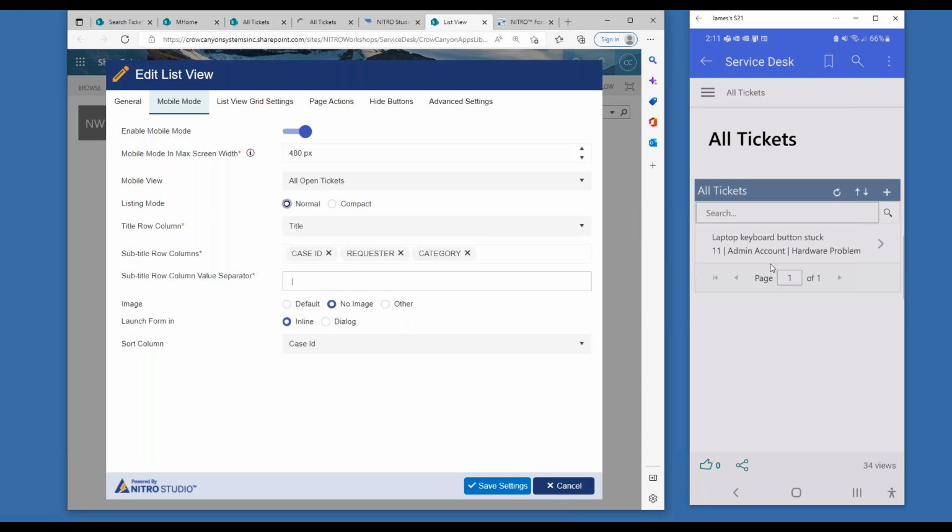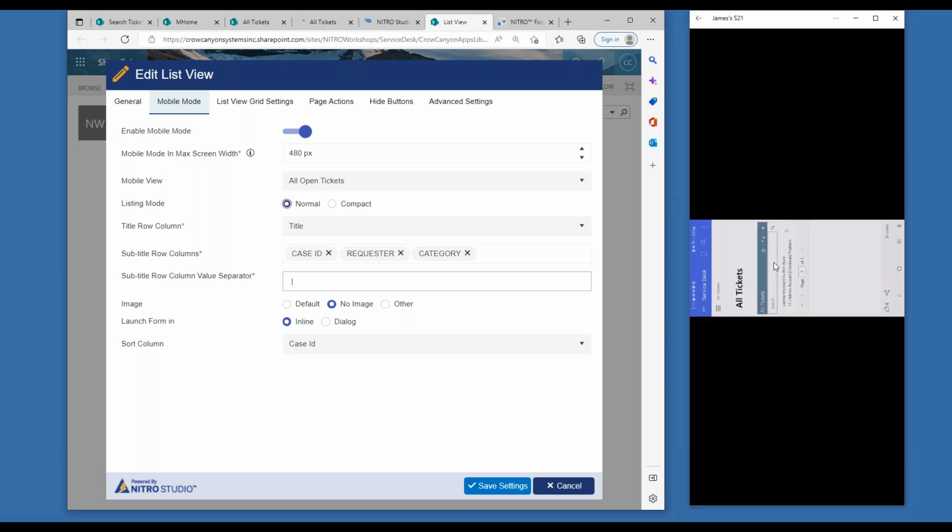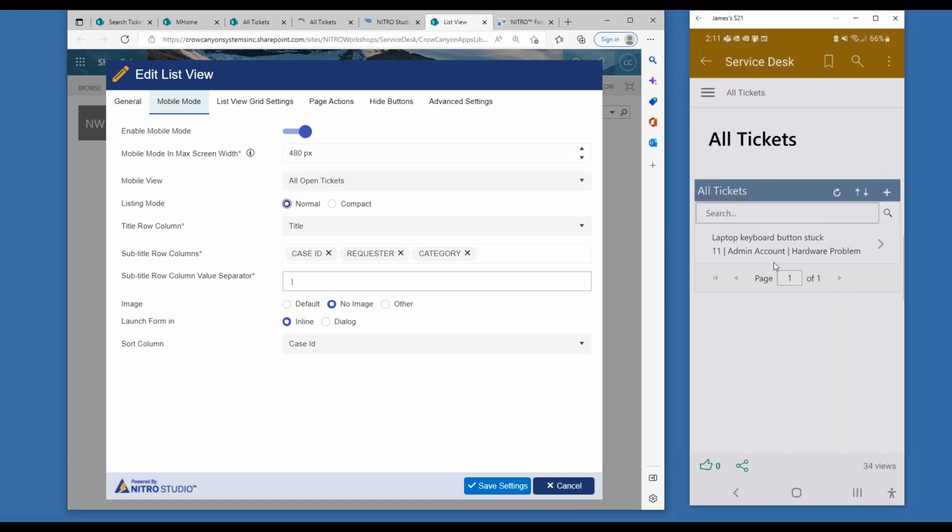or, what we're doing over here, we're showing a few other pieces of information about that item right in the front. You see you've got the case ID right there, which corresponds to the number 11, who the requester is, which is the admin account that we have for our demo environment. We have the category of that ticket right there, so you've got some information right in front of the person, so they know what they're